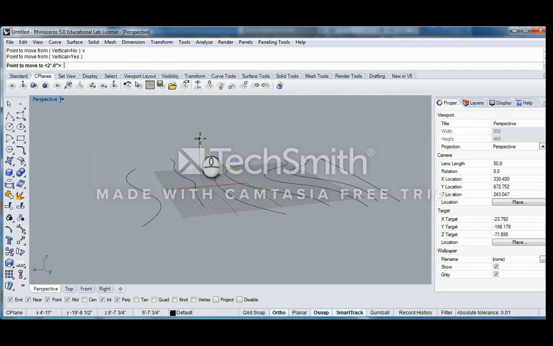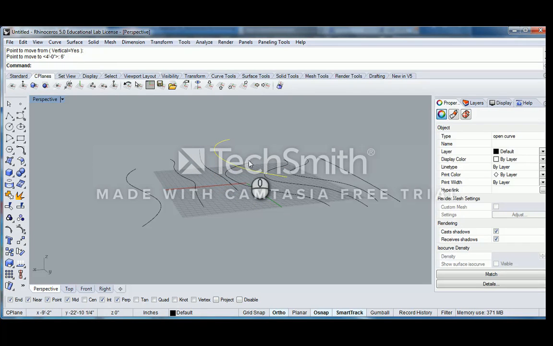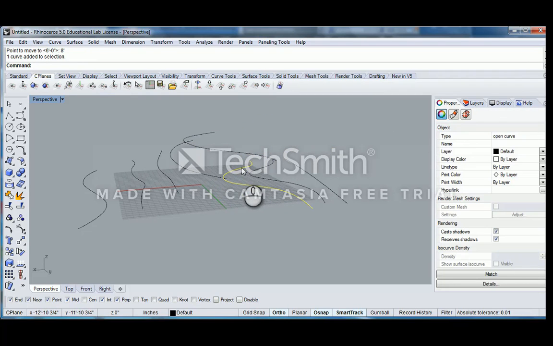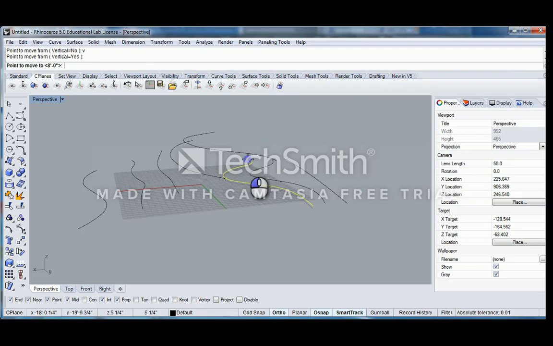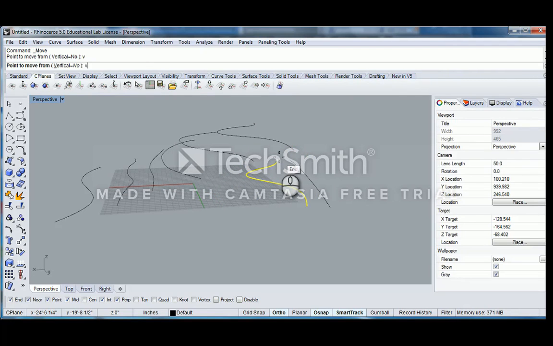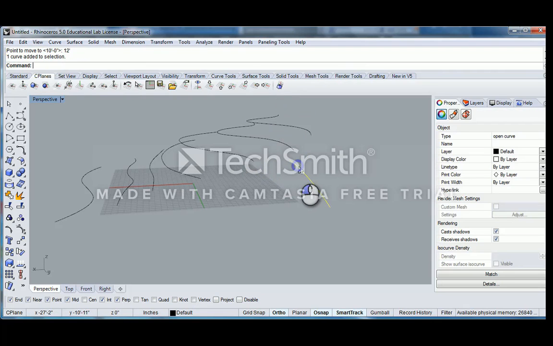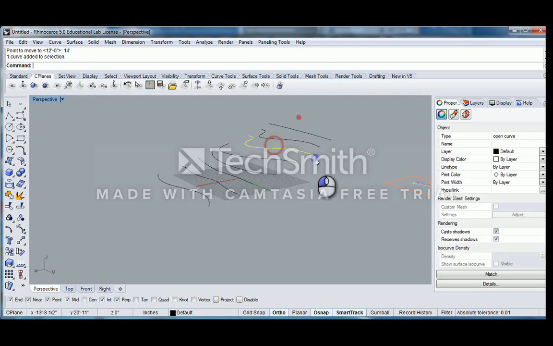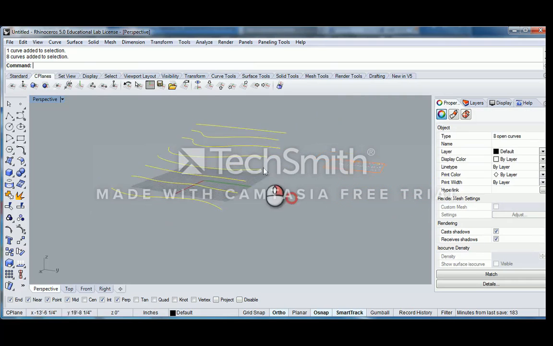I can move this up 4 feet. I can move this up 6 feet. And again, this is not the most efficient way to adjust these topo lines, but this is just one quick way to take a look at this. V, 10 feet, 12 feet. Pretty steep. So now I have these topo lines, or I have these lines that we're going to turn into